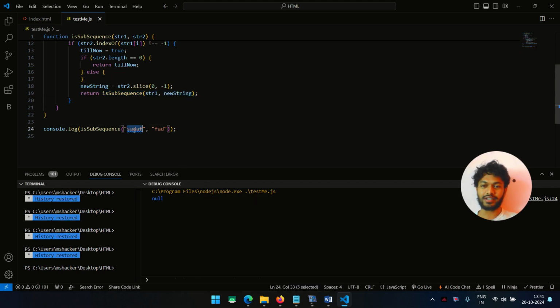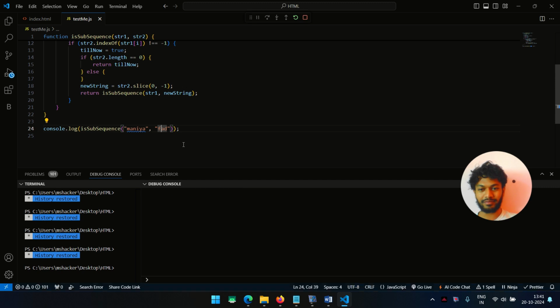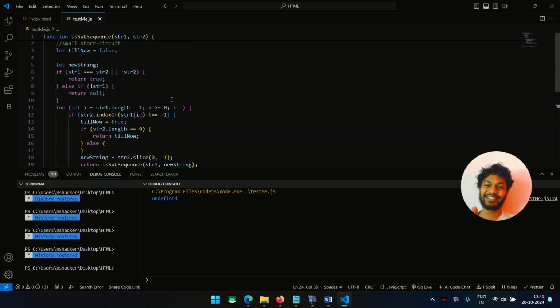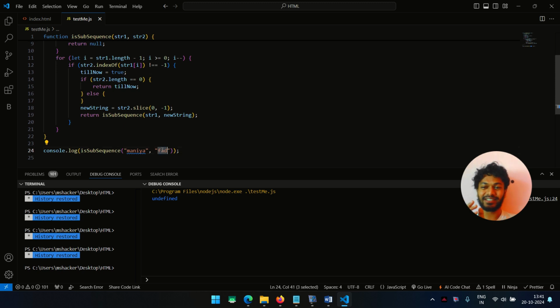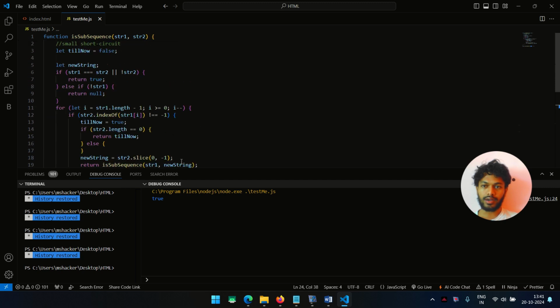But it's so crazy. For example, if I type in mania, and if I try to search for fat, it should say false, right? But it says undefined. You don't believe me? Look at this. I want to change undefined. Maybe I did not define that condition for what it should be. Like for example, if I search for this, this nothingness is present in here. But for example, if we search for, let's say,